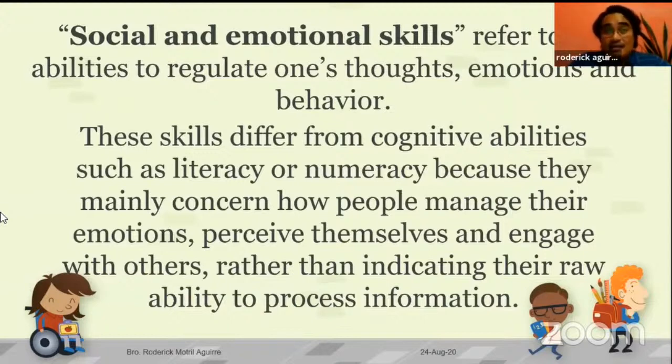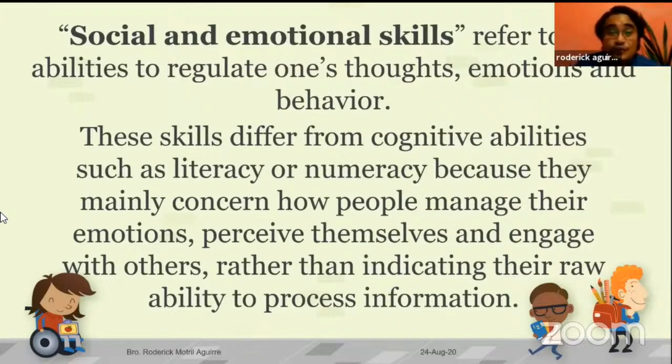Social emotional skills are a set of skills also called soft skills that emphasize the hard skills. The hard skills are the literacy and the numeracy. Hard skills are those that can be quantitatively measured. The social emotional skills are called soft skills because they cannot be quantitatively measured, but they can be observed among our students. The individual behavior of students in terms of those social emotional skills differs from one child to another in terms of degree. So we cannot come up with a concrete way of quantifying and norming all of those.